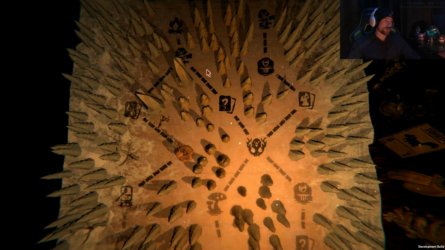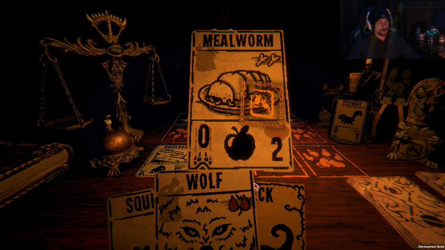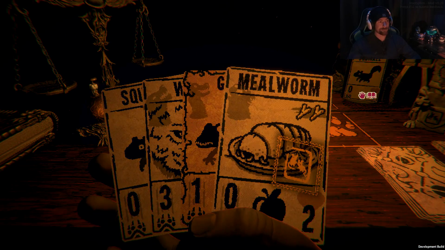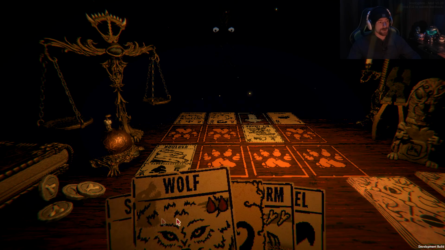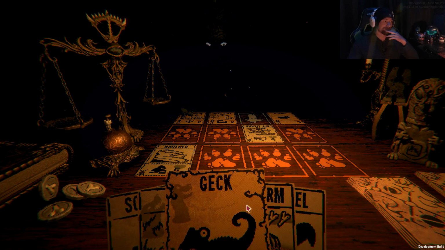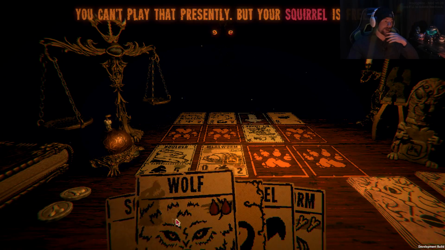Okay. Very close to getting another wood carver. Mealworm. Ooh, a wild bull. You actually scared the ever-living shit out of me. So the thing is with the wild bulls, they always move after their turn, but whatever's in their way, they basically switch places with it, so you can't stop that thing from moving until you kill him. So let's do this. I'm going to play the mealworm, and then...